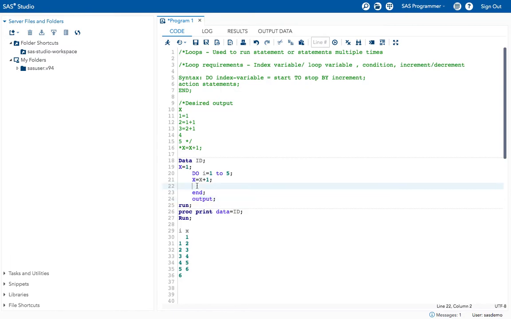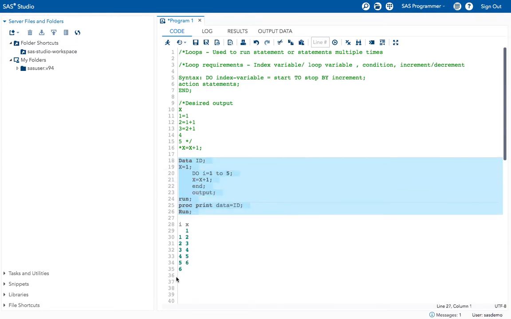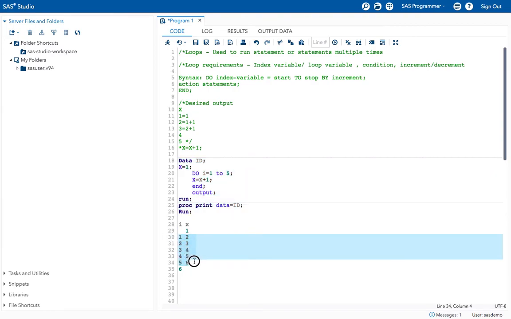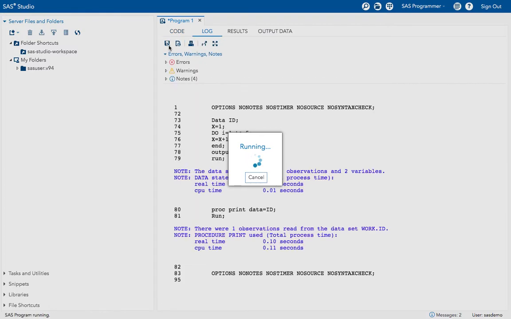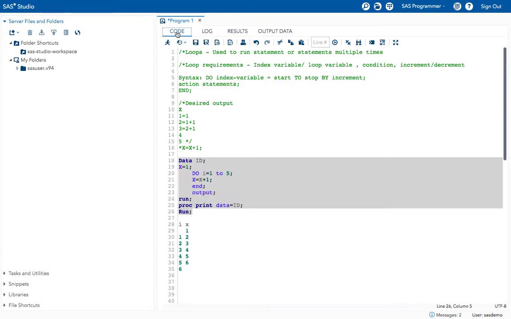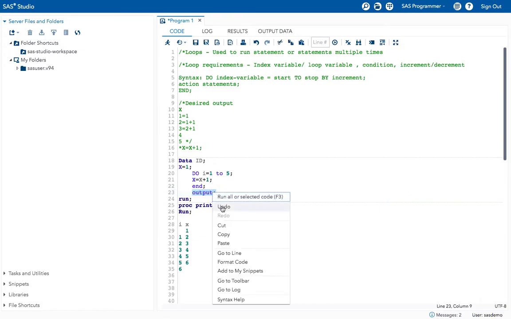So if I give output, what will it do, you know, right? Earlier, without output, it gave me only the last values as the result. If I give output now, it gives all these values as the result. So now execute the program. Give the output before the end statement.